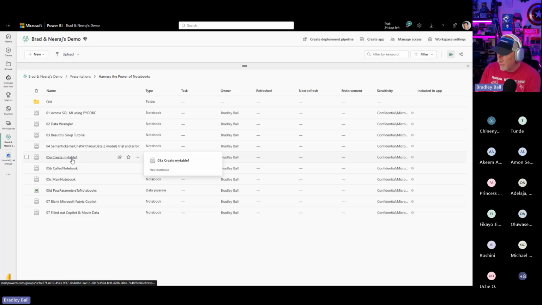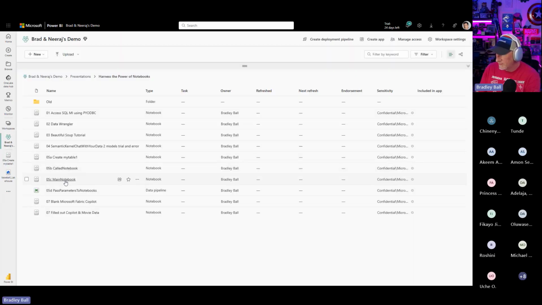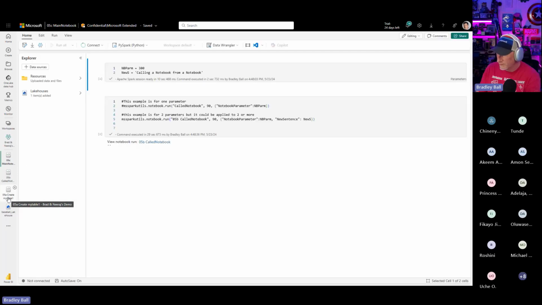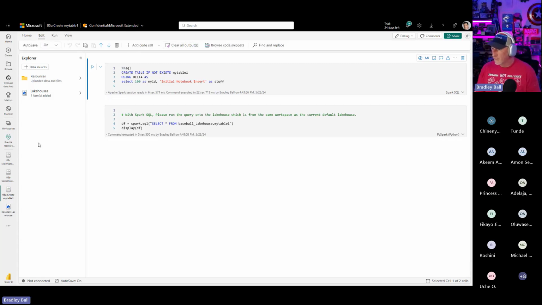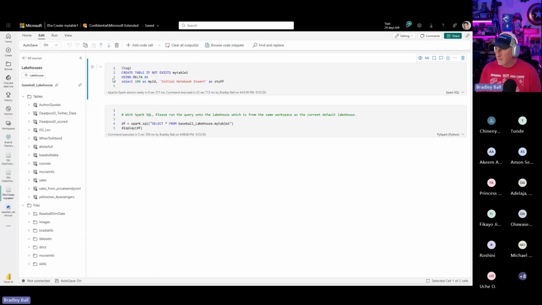So for this next one, I'm going to open up a couple of these at a time. All right, and we're going to start right down here. So I got a question a while ago. Actually, let me clear that output, which was, how do I call parameters within a notebook? And so there's a couple different ways that we can do these things.